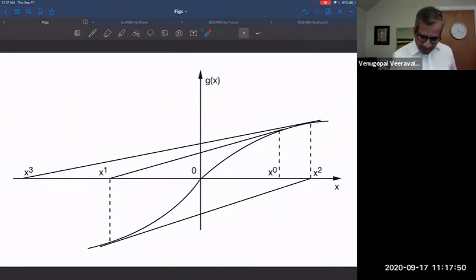So here's a case, and this is also a function that passes through the origin. You would like your Newton method to end up here eventually, but you'll see that I start with x0 here, and then from there I take the slope, go down to x1, hit the x-axis there, and then go up, and x2 is now on the other side. So the magnitude of x2 is bigger than the magnitude of x1, which was bigger than the magnitude of x0. And we'll see that it keeps going